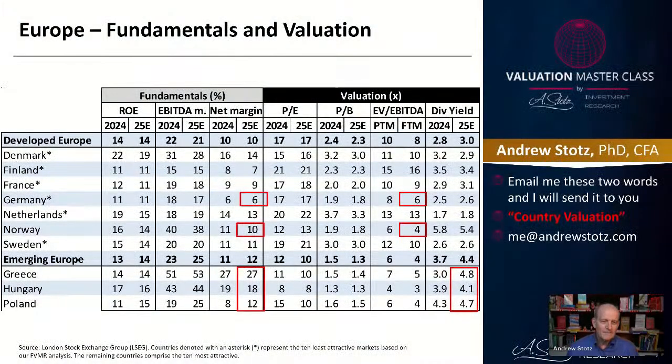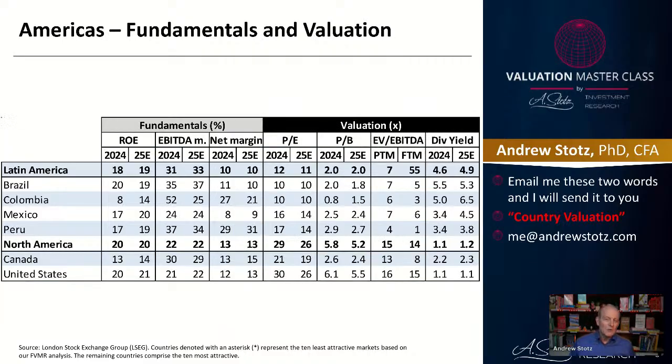That's why, when I'm comparing, I oftentimes look at price to book, even though many people don't use price to book that much compared to PE. Okay, so now we've got a picture of Europe, and we can see an interesting example of what's happening: European countries are unattractive, but emerging countries are attractive. Now let's look at the Americas. Again, we're just looking at fundamentals and valuation. I'm not doing the red boxes anymore, so just follow along.